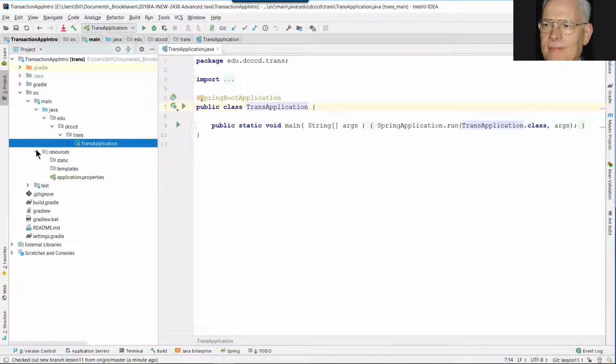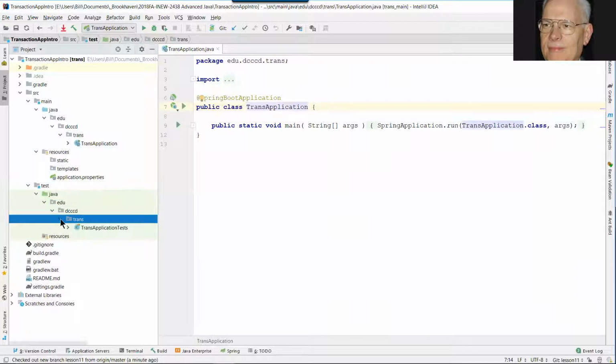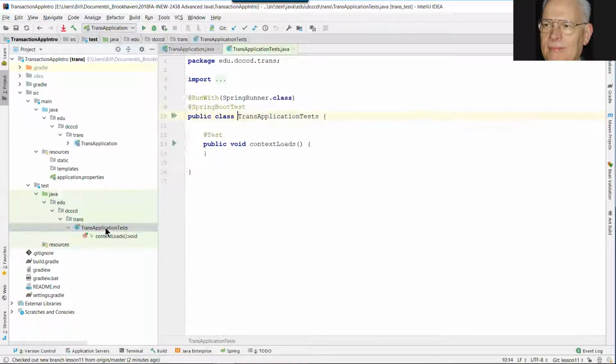Here's our resources, here's our static folder, and our templates where we put our Thymeleaf templates and our application properties. And then under test, we have the same thing. There's the transaction application tests, which is basically nothing but a context load right now,